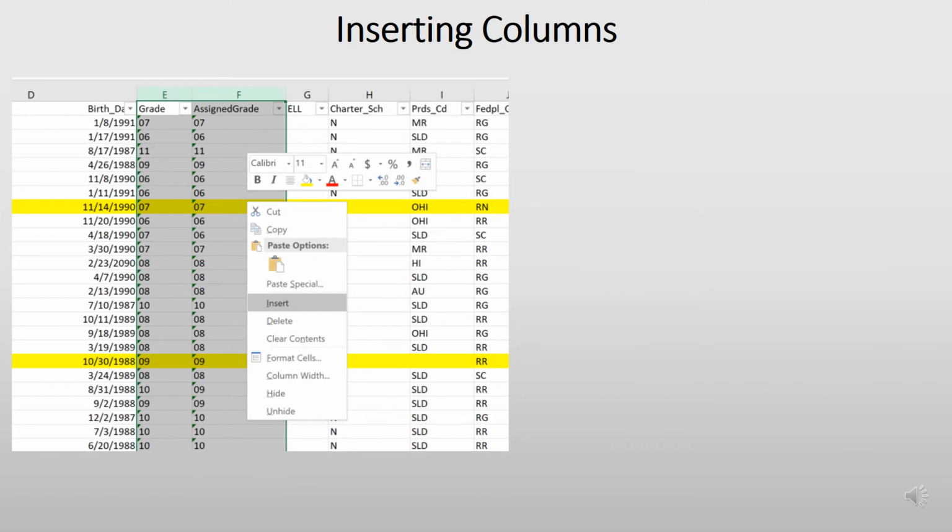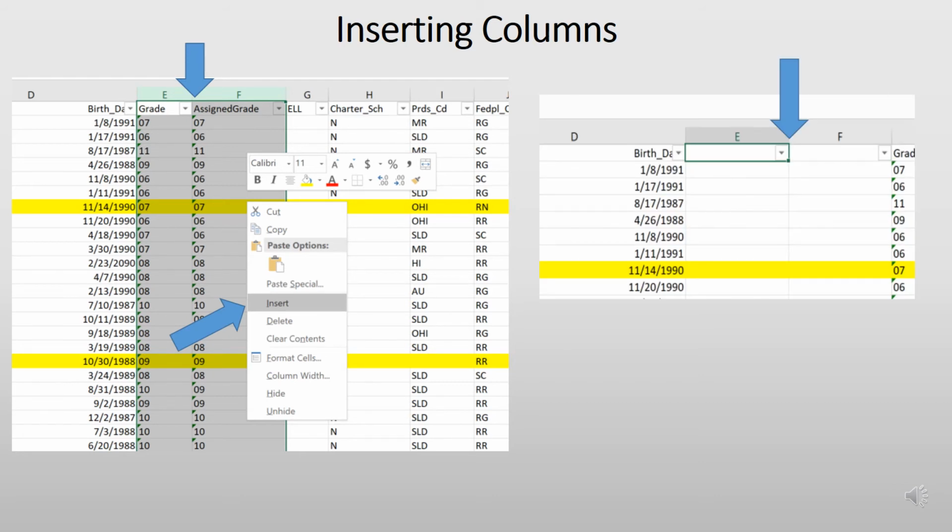Oh, we haven't verified the age of our students yet. To verify the age, we need to insert a couple of columns. Since I want my two columns to follow the birth date field, I will select the two columns to the right of birth date and right-click on my mouse for the quick access menu to display and click on Insert. Now the two columns have been added, and since the columns were within the dataset, it automatically added the filter